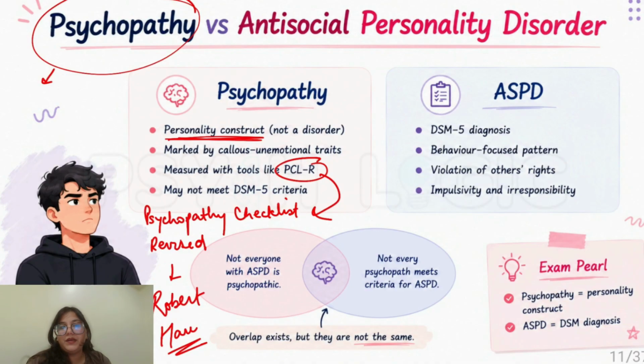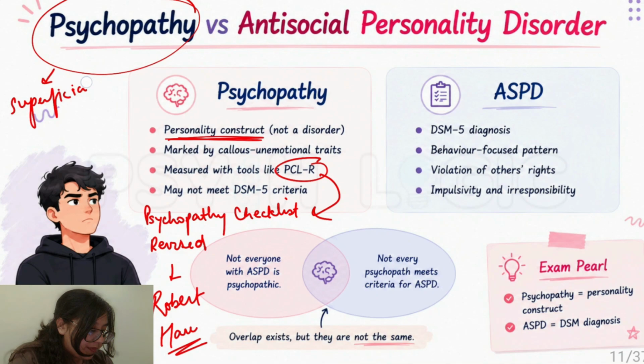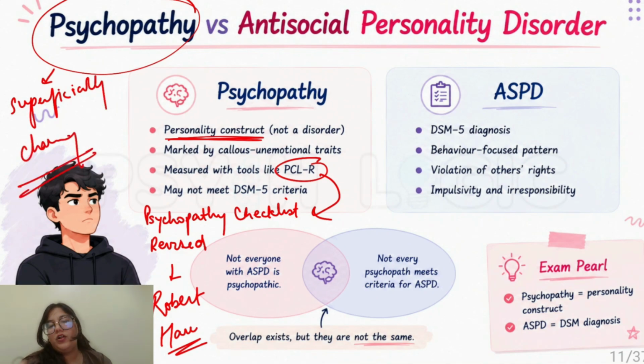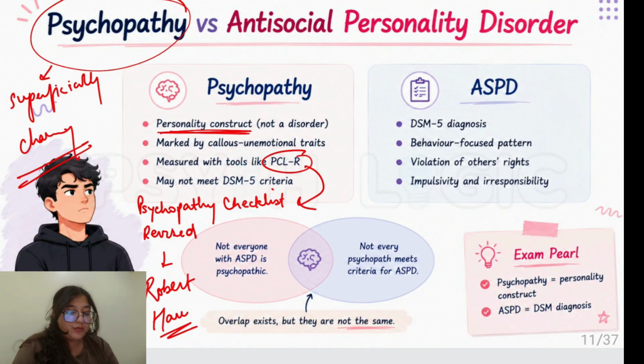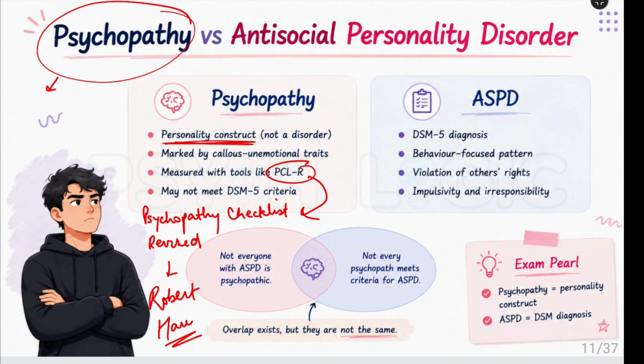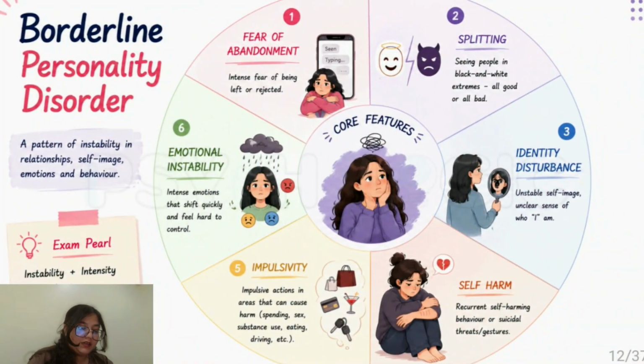They can be extremely charming in nature. They are confident. They are socially skilled. They know exactly how to gain someone's trust, so they are often described as superficially charming. But underneath all that charm is a striking lack of guilt, remorse, or empathy. So now that you have understood what ASPD is and how it is different from psychopathy, let's move on to